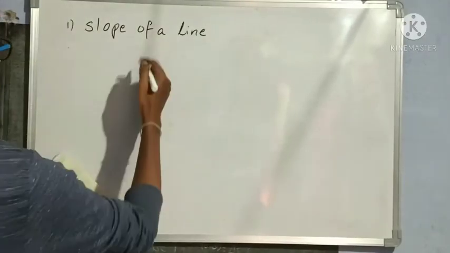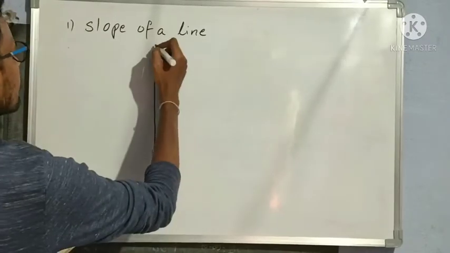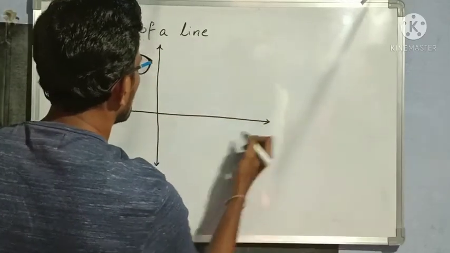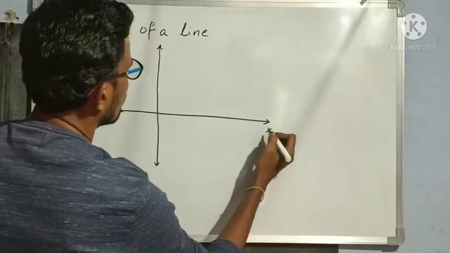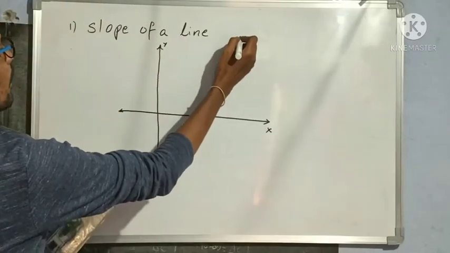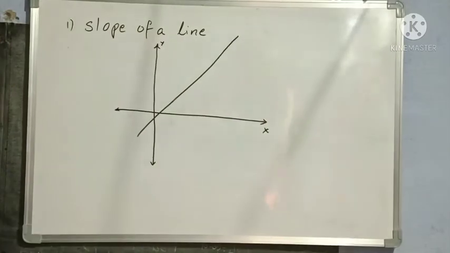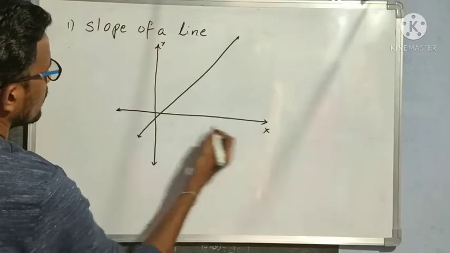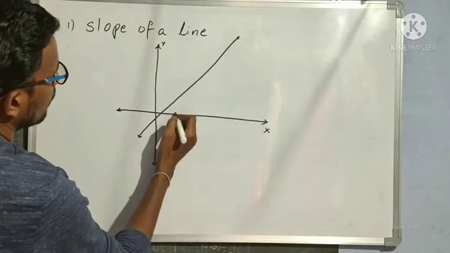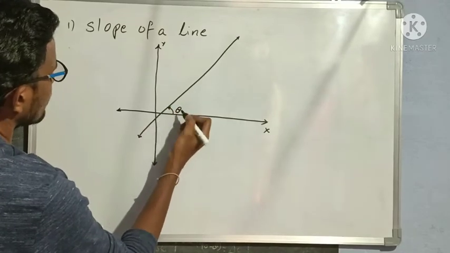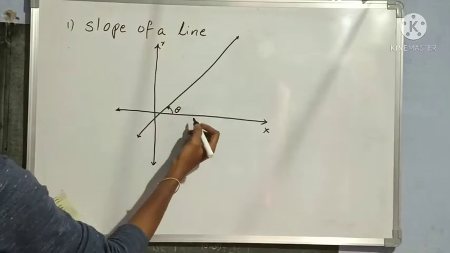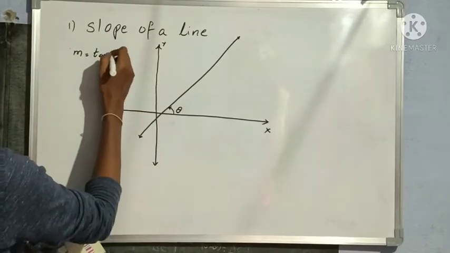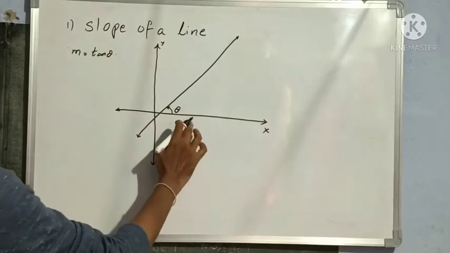By using graph, x-axis and y-axis, you can find slope of a line. This is x-axis, this is y-axis, and this is a line like this. Okay, how to find the slope of this line? Anyhow, we know that this line will be inclined at an angle with respect to x-axis. Suppose I take this angle as theta, then if I find tan theta, slope of line m we can take as tan theta. Okay, we know this only gives the slope of the line.